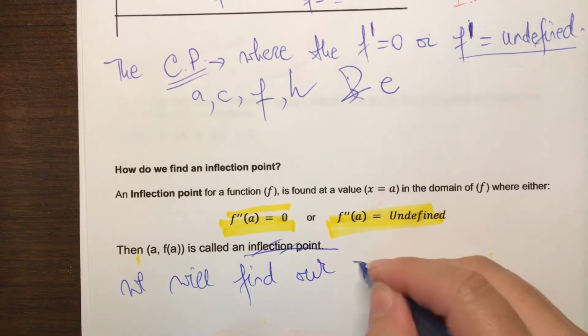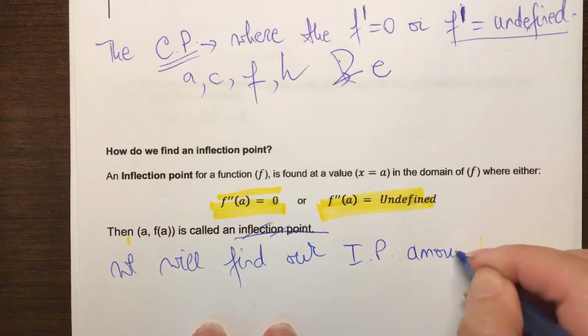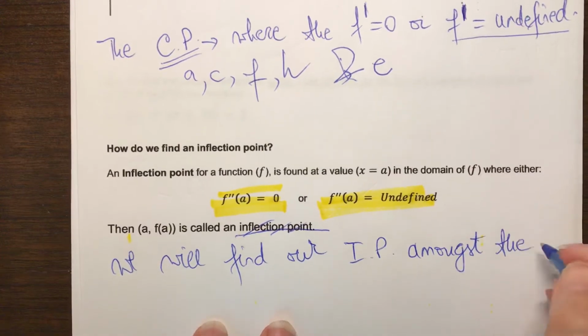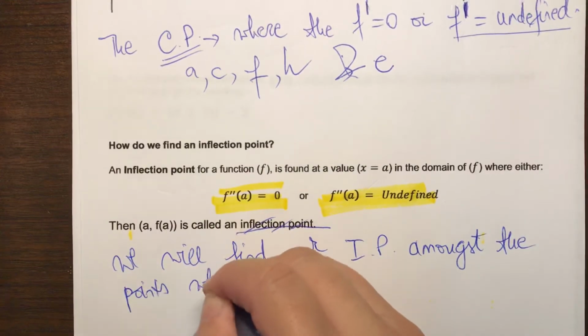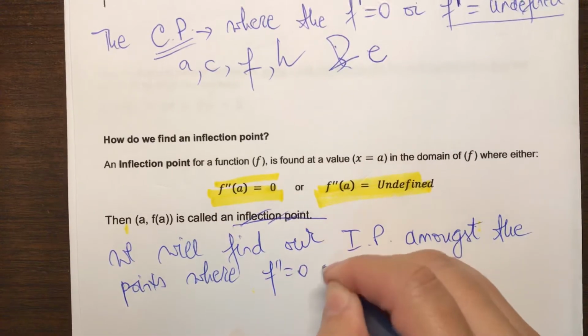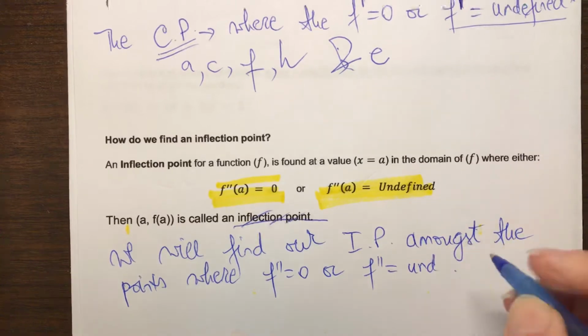Our inflection points are amongst the points where the second derivative is 0 or it's undefined, yes, but